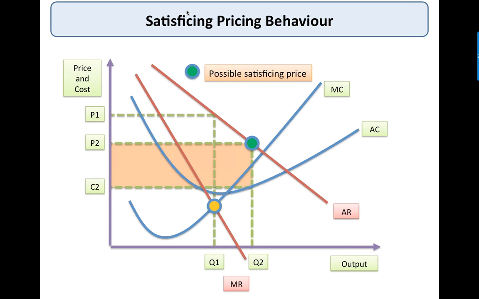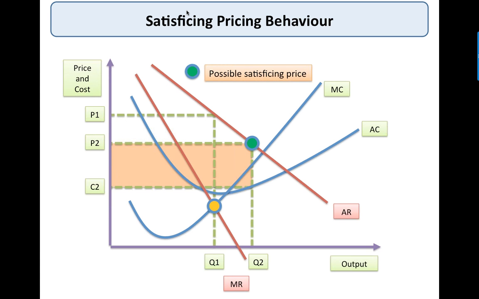And it basically means when firms move away from maximum profit and they find a price and an output, oftentimes using rules of thumb or just market experience, they find a price and output which gives them enough profit to justify their investments, just enough profit to satisfy their shareholders, enough profit not to attract new entrants, but not the